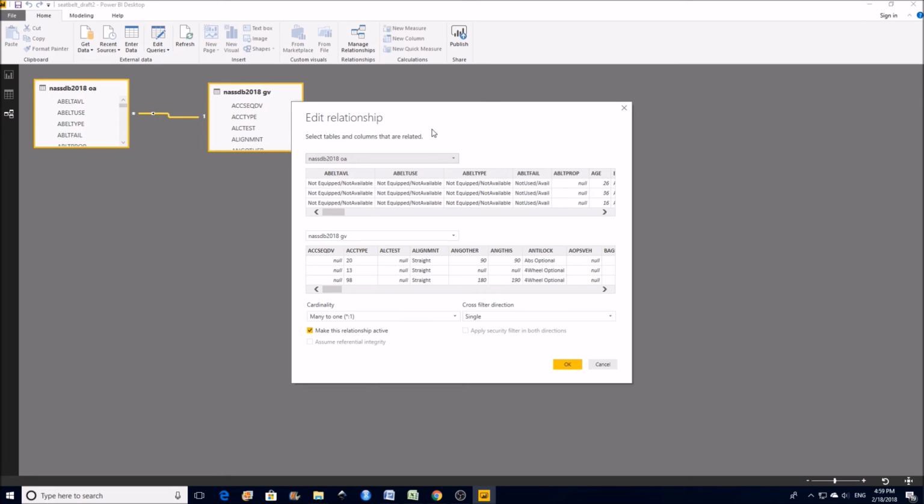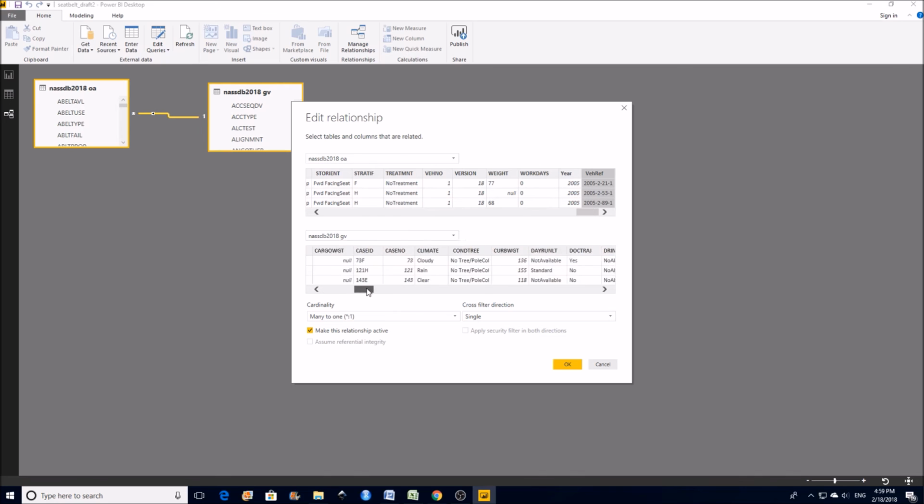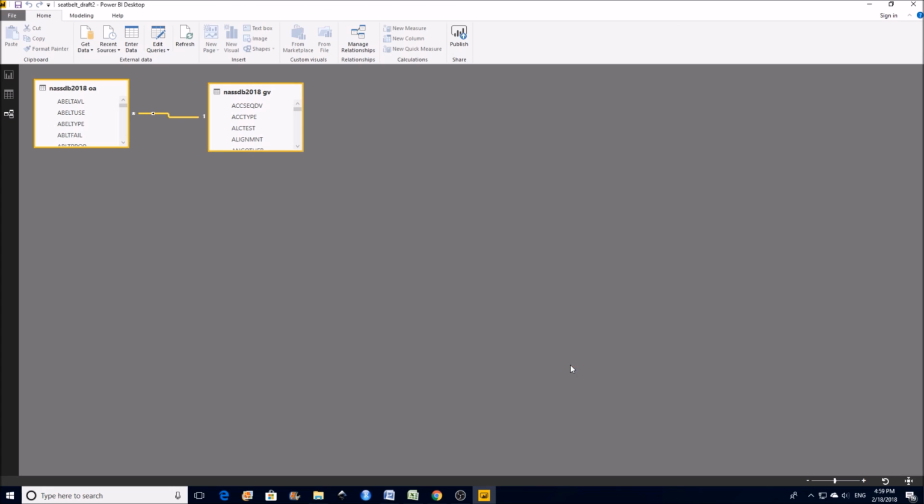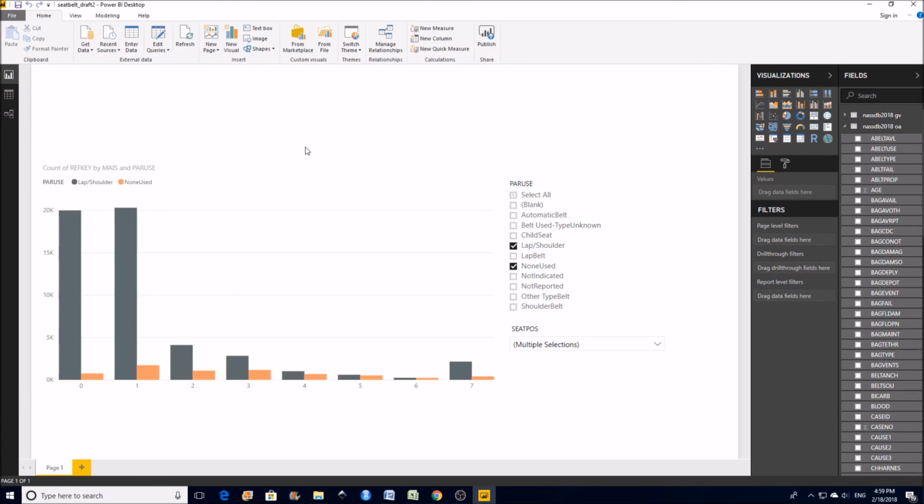If we double click, we can pull up the Edit Relationship, and we can see how the OA table is linked to the GV table. And in fact, we can scroll all the way over to see that the vehicle reference column is highlighted in both cases, and that we have a many-to-one relationship between the OA and the GV table. This makes sense because in any particular crash, we might be able to have multiple occupants within the same vehicle. So we can click OK and now go back to our report. And now we're able to start adding in additional details based on the collision